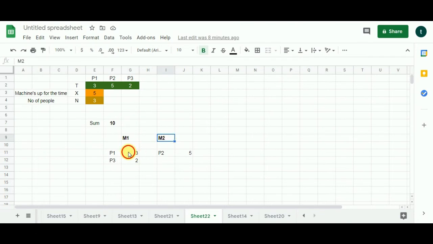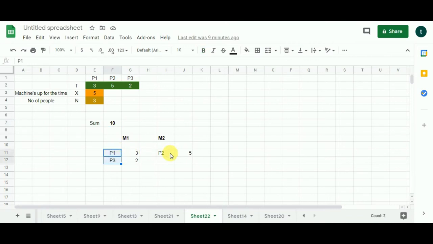What I see here is that the maximum combined voting time for the first machine is 5. If I subtract this 5 from this 10, which is the combined voting times of all the individuals, then I get the combined voting time of the remaining individuals other than P1 and P3.